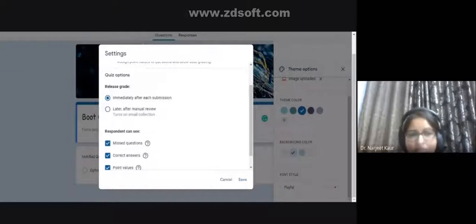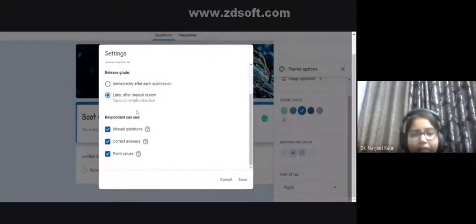And in case you do not want the students to see the marks immediately, or you have made a subjective paper which you want to check manually later on, and after that you can release, then you have to check this option. The next are what all the respondents or your students can see when they take the form.